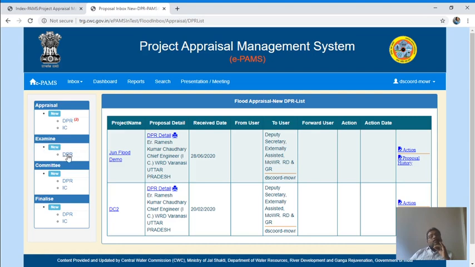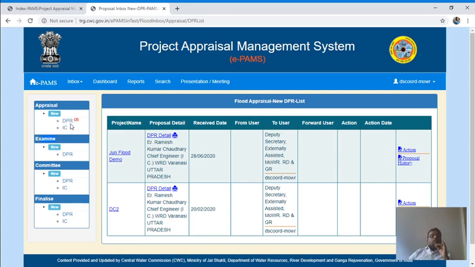It will show the proposal in this stage. After completing the appraisal and committee related work, it will come to the finalize, where the user can give the approval. Now we go to demonstrate how appraisal work is done here in flood.